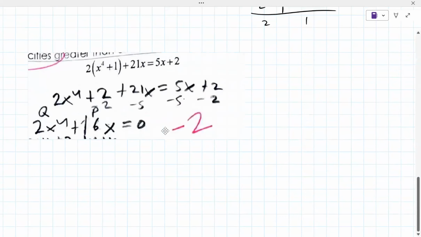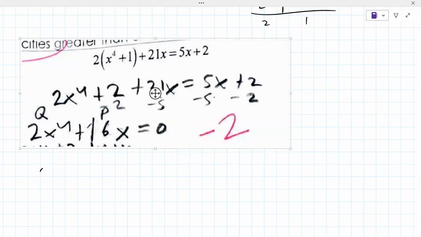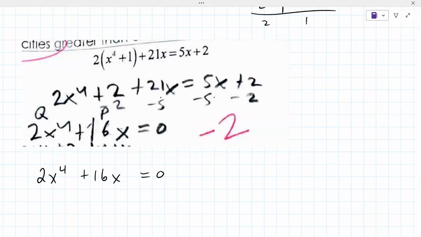Your first thought cannot be to go to synthetic division. This right here, this 2x to the 4th plus 16x, that's really good. You want to factor out a GCF though. So you can factor out, for example, 2x, because there's an x as well. Got it. And then from there, you would do